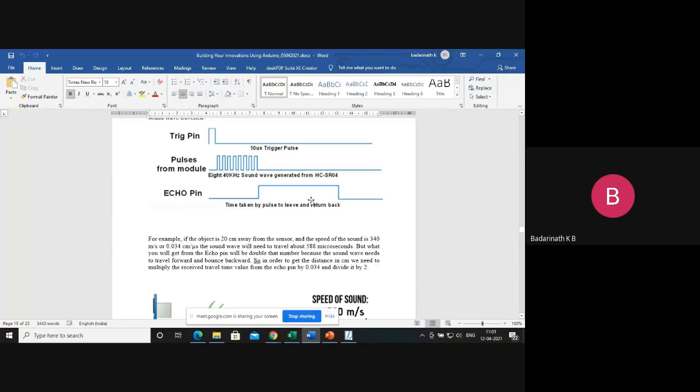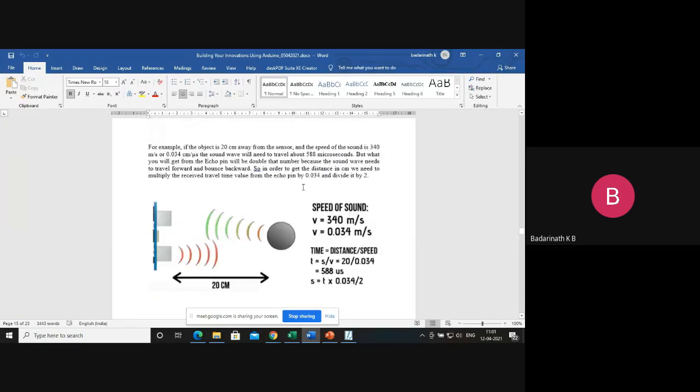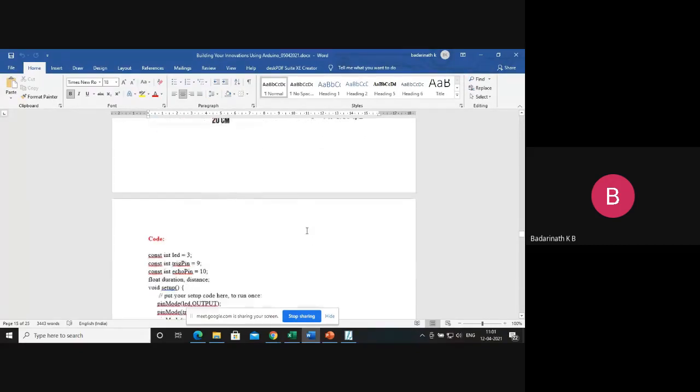This indicates the distance at which the obstacle is found, because if you know the time taken, you can find out the distance, as there is a relationship. You know the speed at which the waves travel, so this waveform width is very important in calculating the distance of the obstruction. There is a library available, and these are the formulas required. The speed of sound is given, and time is equal to distance by speed. Using that, I can find the distance if I know the time. With that principle, the functions have been built.